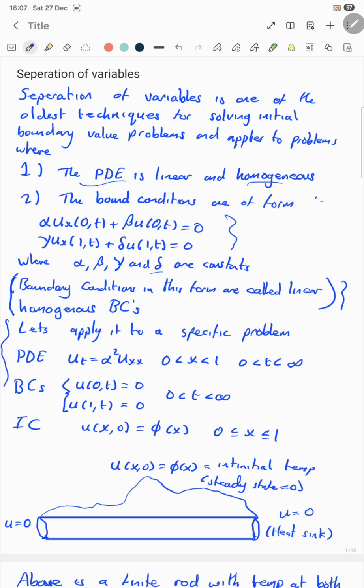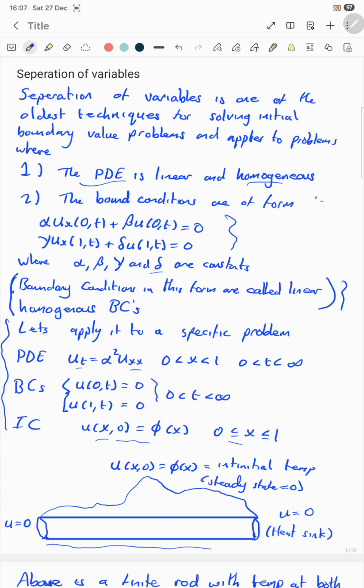Now here, let's apply it to a specific problem. Our PDE is u_t = alpha squared u_xx, where don't forget that these are partial derivatives with respect to these. Now x is contained within 0 and 1, and t is contained within 0 and infinity. So our boundary conditions are 0, and initial conditions are phi of x, where x is contained within 0 and 1. Now we draw the rod example here,